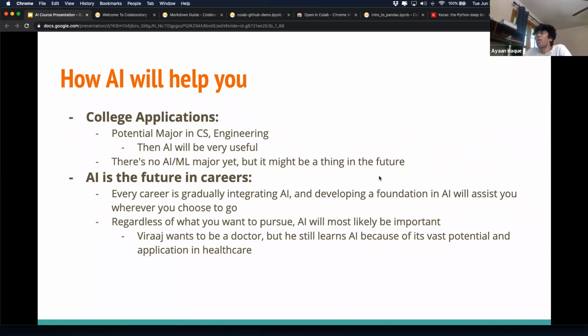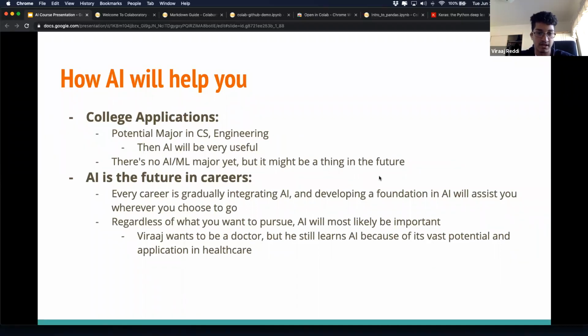Sure. We'll talk about why you guys are here in the first place. In the short term, you are middle schoolers and high schoolers, and for your college applications, AI is going to be very useful for basically any major you take, but specifically computer science and engineering. AI is becoming really big, and it's going to be the future of careers.